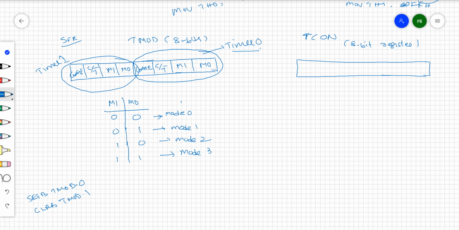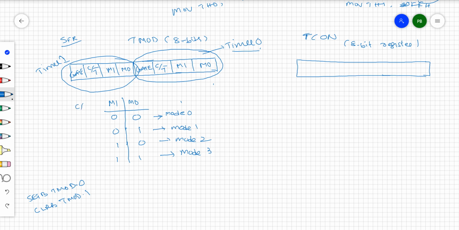So if you want to reset particular bits, we have instructions to set and reset them. Depending upon the status of these two bits, it is decided in what mode timer 1 is going to be controlled. Based on these two bits, the mode of operation of timer 0 is decided, and based on these two bits, the mode of operation of timer 1 is decided.